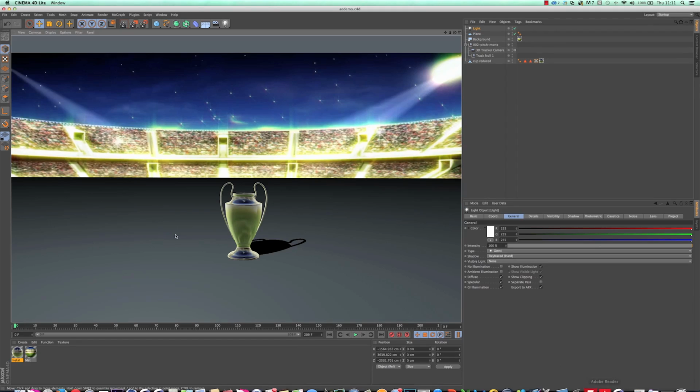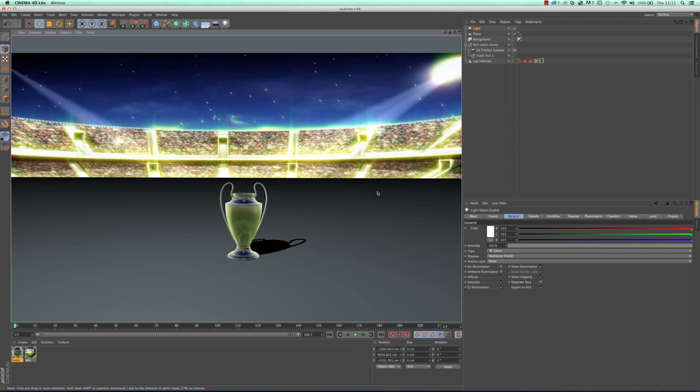So there's my Cinema 4D, and what I want to do from this point is, I've got a shadow, which is great, I've got a cup, which is great, but I've now got this weird plane that I'm using to get that shadow, and I don't really want to see that. I want to see the original footage, but I still want that shadow. So there are various different tricks you can do to get that information into After Effects so you can work with it.